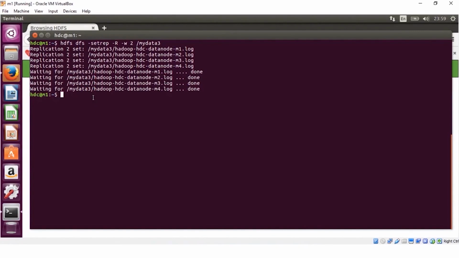So our writes can have default replication. We can write files with a different replication. We can change the replication after the data is written. Not only that, we can even get the data from our HDFS to my local machine. And for that, I'll give the HDFS get command or copyToLocal. So I can say mydata3, and then I can bring it to my local machine in home HDC using a get command. So this is to get data from your HDFS to your local machine using an HDFS